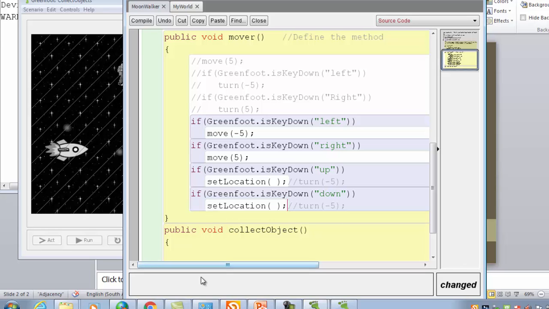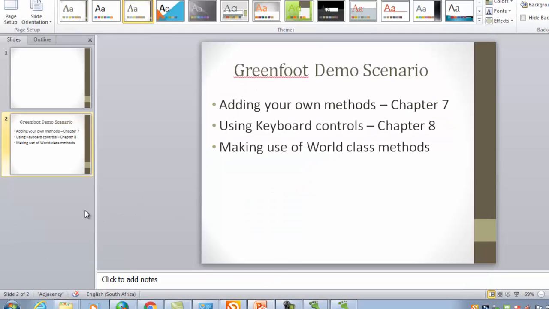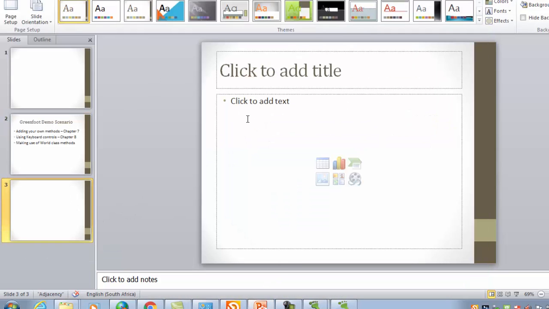Set location takes two parameters. Okay, just break it down here. So set location takes an x and a y coordinate. Okay, correct? So the y coordinate is normally your